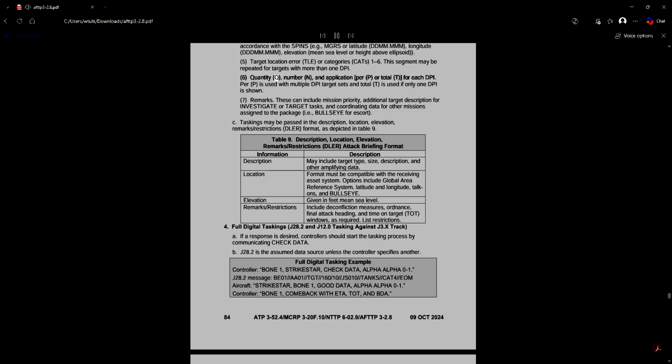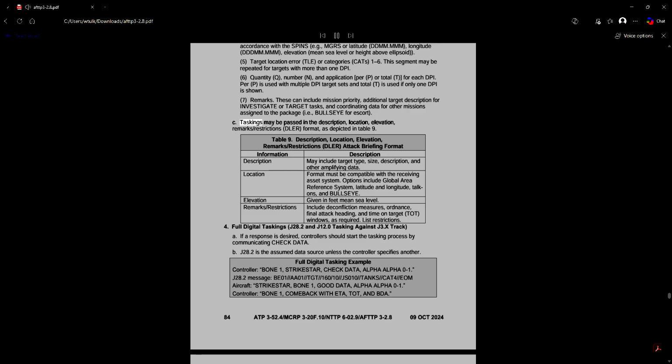Quantity, Q, number, N, and application, per, P, or total, T for each DPI. Per, P, is used with multiple DPI target sets and total, T, is used if only one DPI is shown. 7. Remarks. These can include mission priority, additional target description for investigate or target tasks, and coordinating data for other missions assigned to the package, i.e., bullseye for escort.